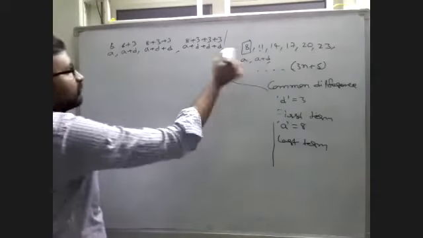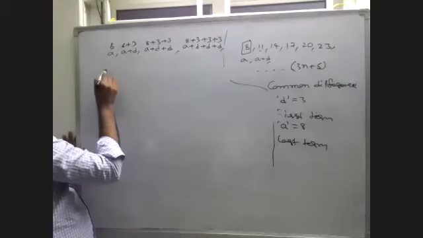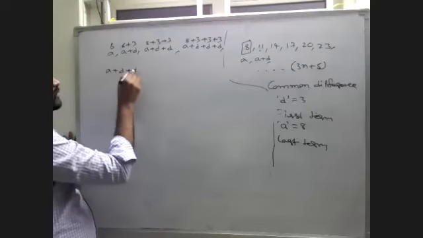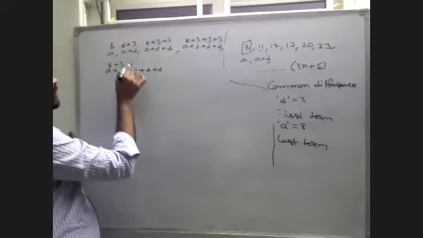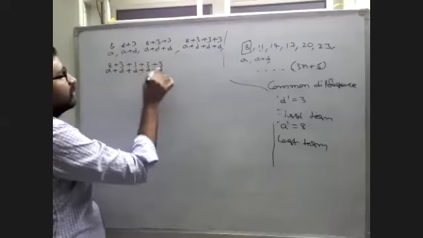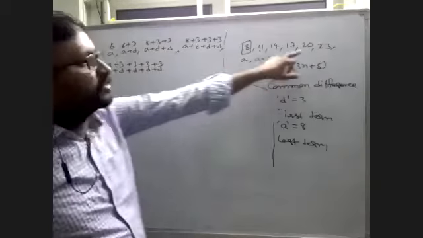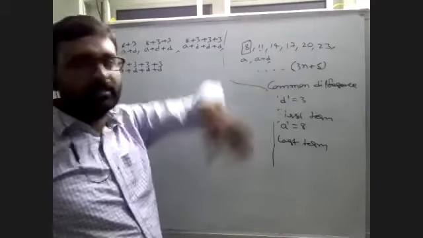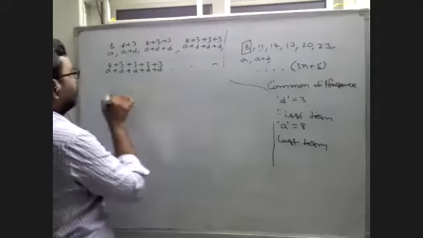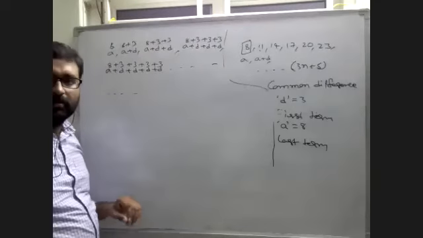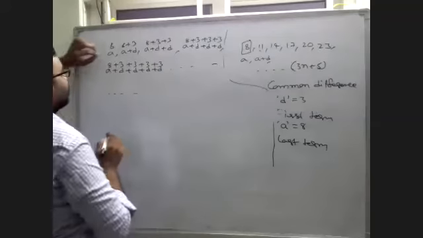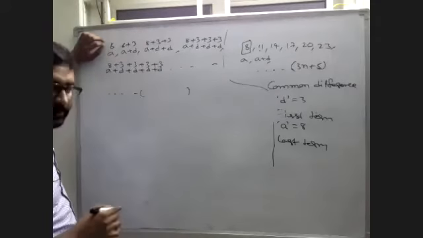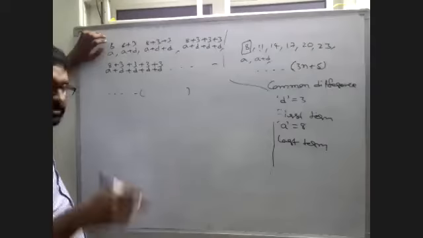And the last one, that is 20, I am also writing. A plus D plus D plus D plus D, four times: 8 plus 3 plus 3 plus 3 plus 3. This is clearly 20. And next 23. Like that you can write. The last term I'm not writing now; I will write it later to understand easily.